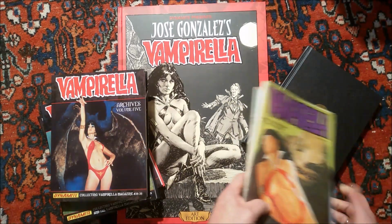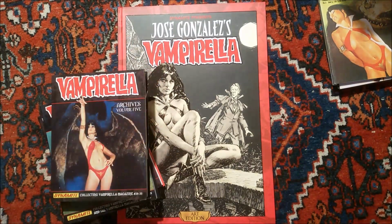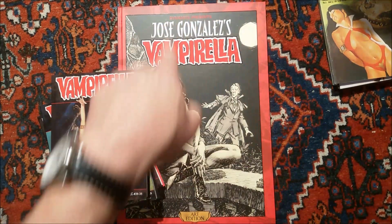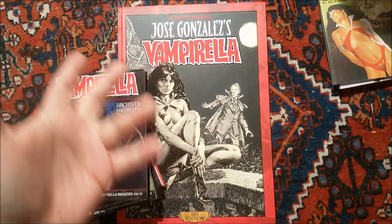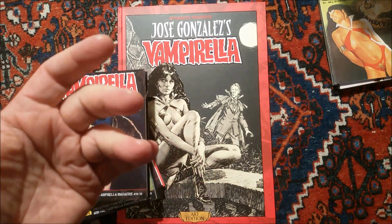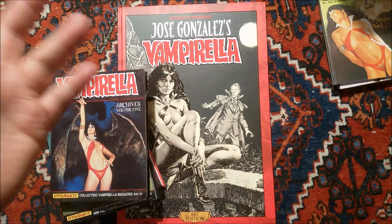So somehow this character stayed with me for a long time, and nevertheless, I pondered, should I pick up this artist edition here with the art of one of the, if not the most formative Vampirella artist, the Catalonian Spaniard Jose